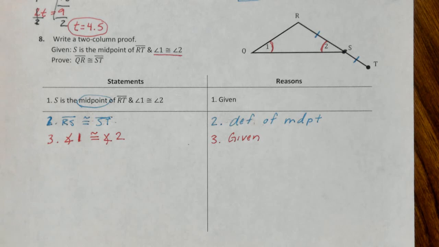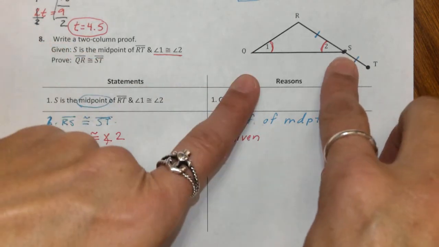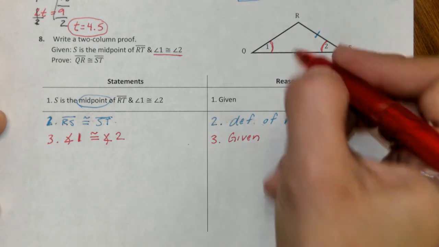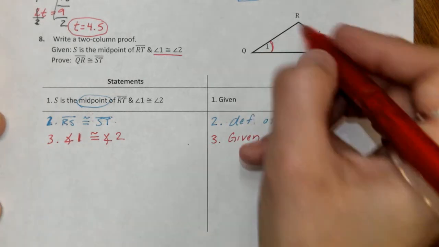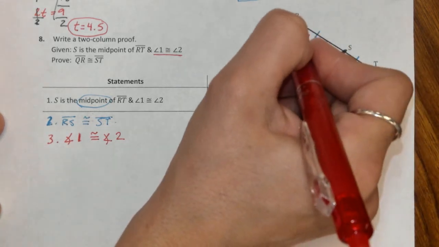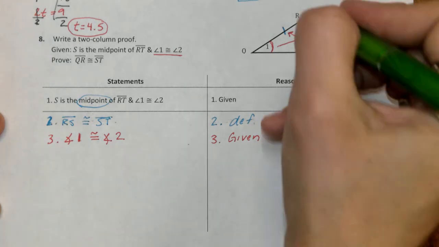And based on what we learned, we're going back to an isosceles triangle here. Okay, we cannot conclude it's equilateral because we're not saying that angle R is congruent also. So all we can detect is that angle Q and angle R, or angle 1 and 2, are going to be congruent. Based on what we talked about with isosceles triangles, we can also determine that the sides across the triangle from congruent angles are also congruent. So now we can come down here and we can say